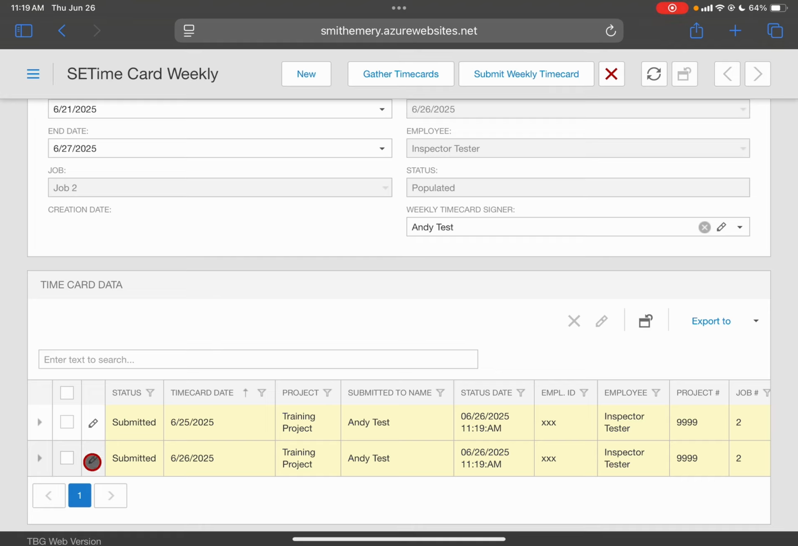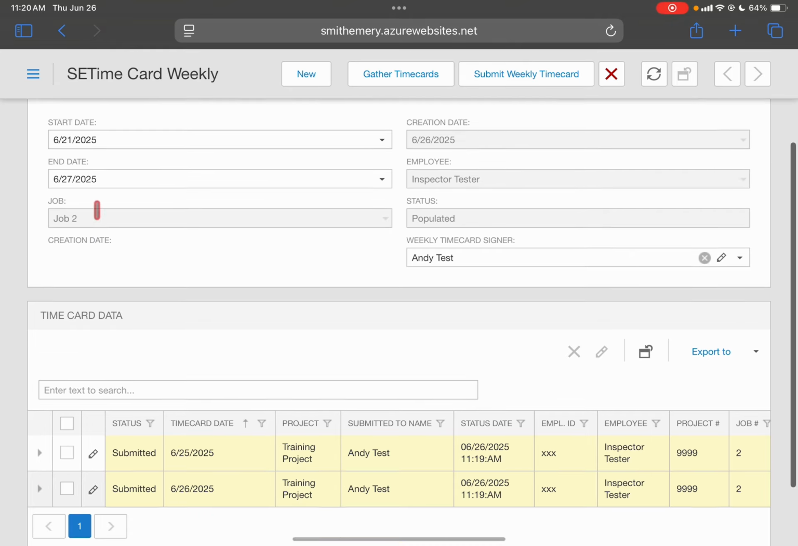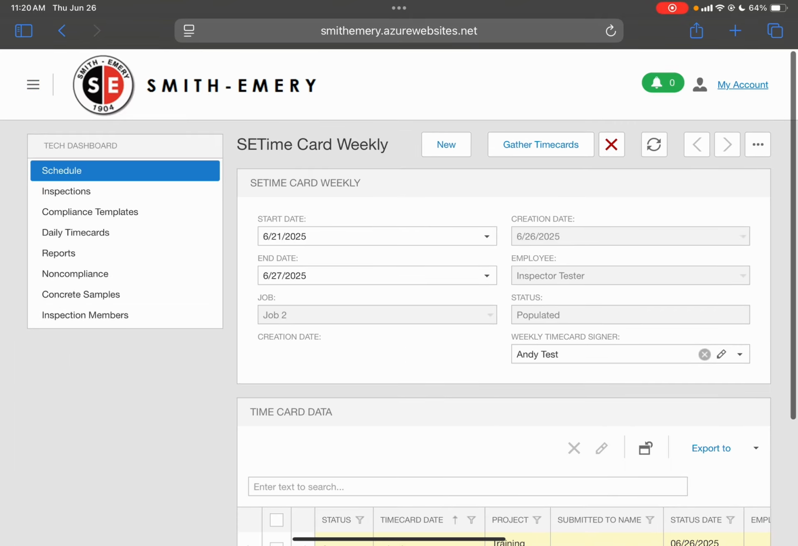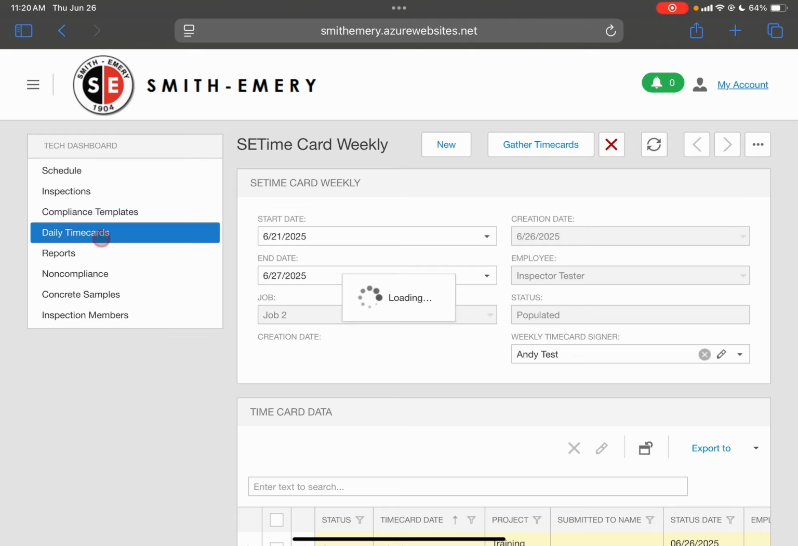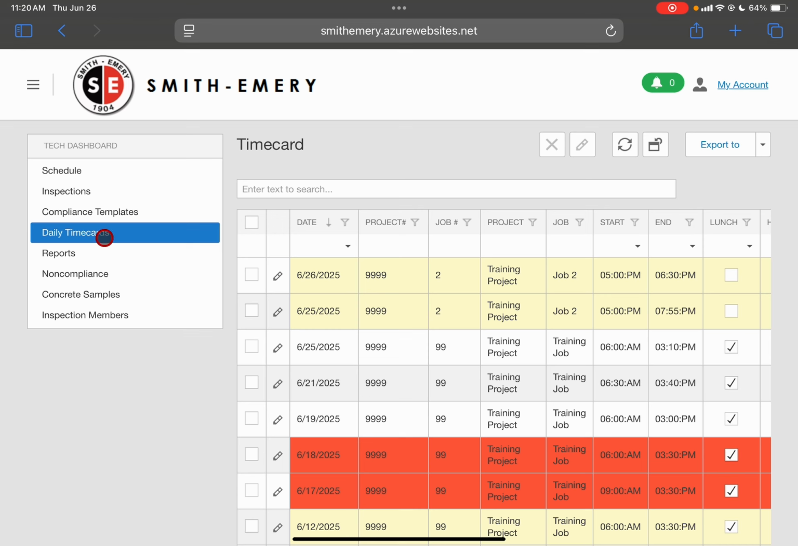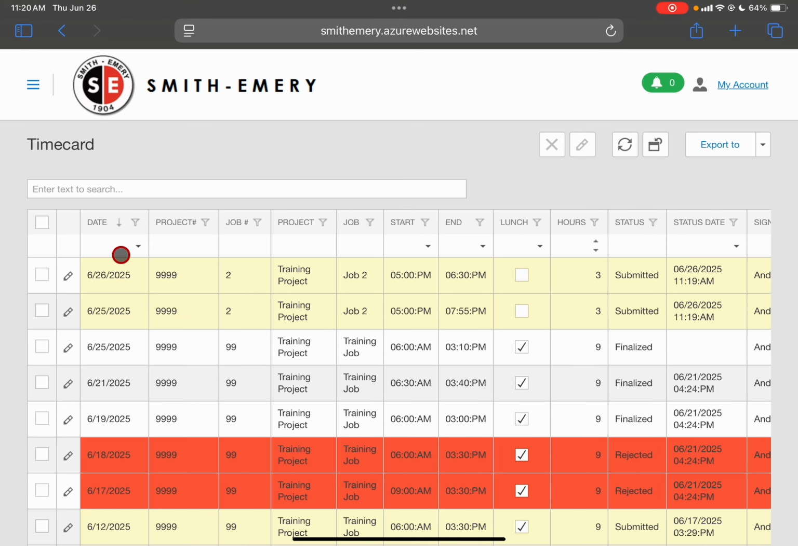Okay, so if you did not have all of the time cards down here, so say you should have had 5, but you only had 4, you find out which day is missing. You go to your navigation menu. First place you'll probably want to check is daily time cards. Again, I have this sorted by date with the most recent on top, and you'd look for that job